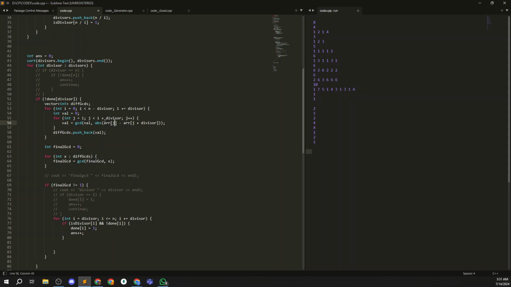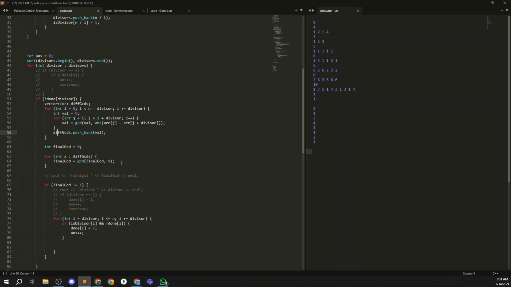And I am taking the differences of these indexes, and I am calculating the greatest common divisors of the differences, and I am pushing the greatest common divisors of